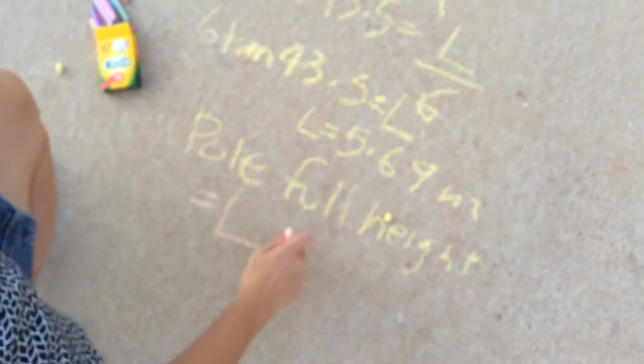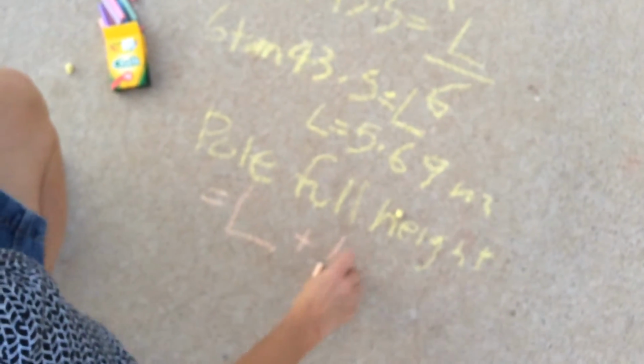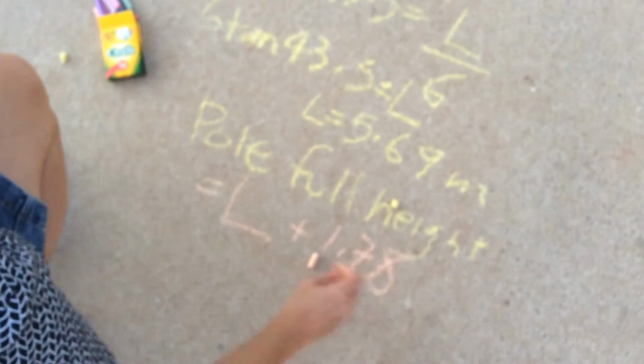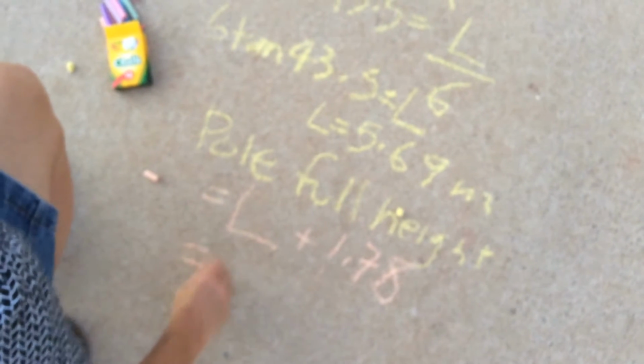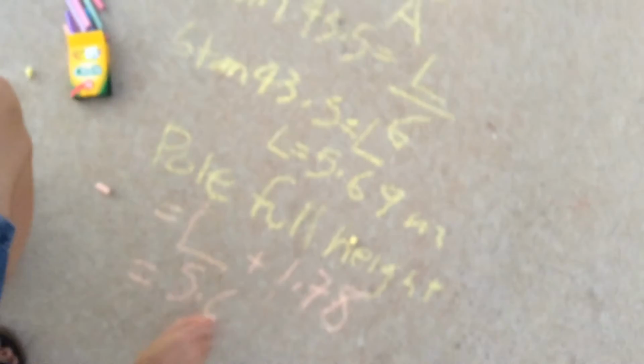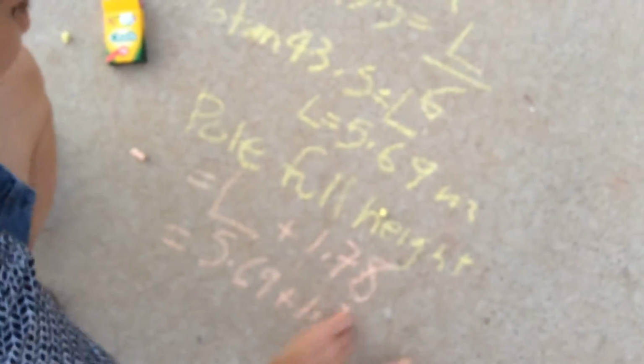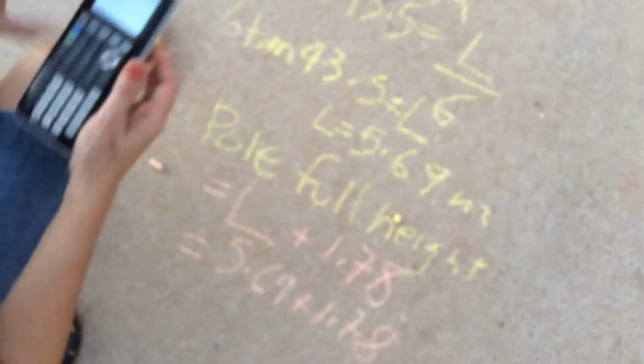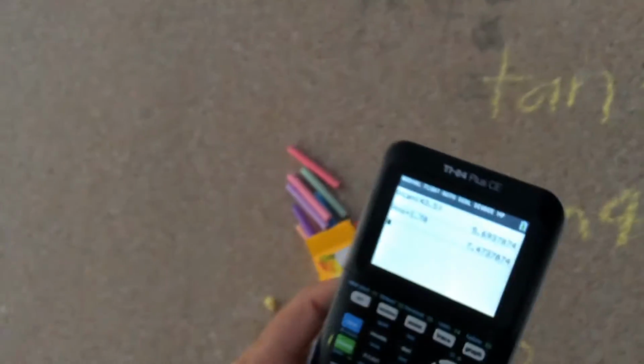Equals the light plus 1.78. Equals 5.69 plus 1.78. And if we add that on, plus 1.78, we get